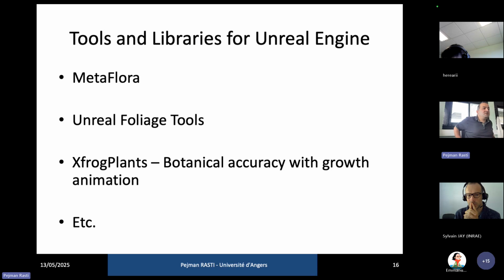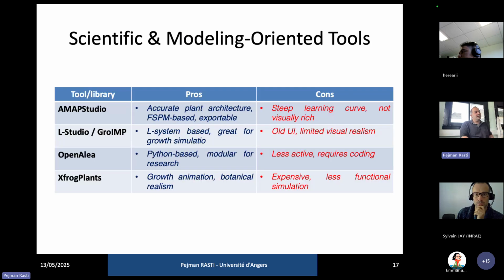It also gives us a very good 3D simulation of plants in our case. Xfrog plants is also quite well known, but it has a license, if I'm not wrong. There may be others not listed here that you have already worked with. Don't hesitate to share with us if there are tools that are not listed here. At the end, if I want to make a conclusion of what I talked about,